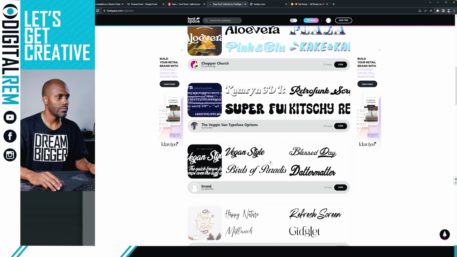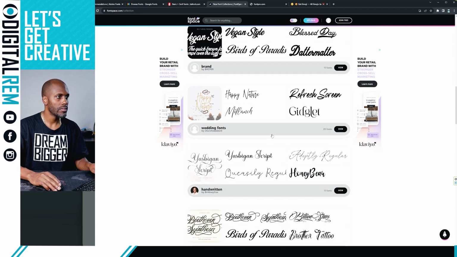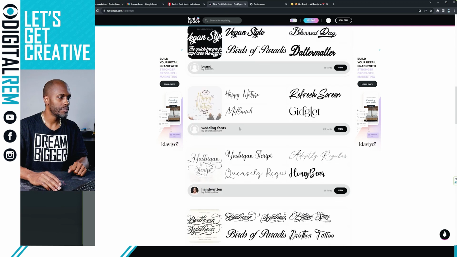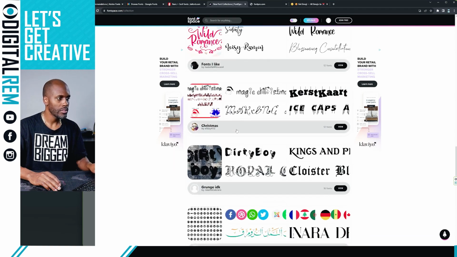I like this one. This one reminds me of a lot of shirts, they're making it in this type of font, actually. That bold right here, that too. So you can